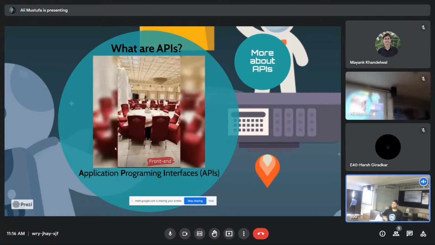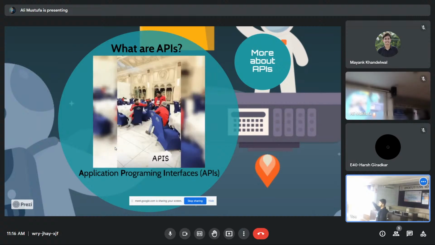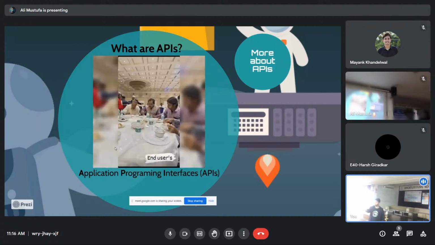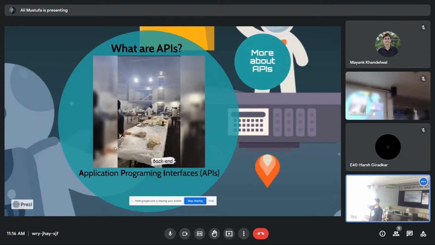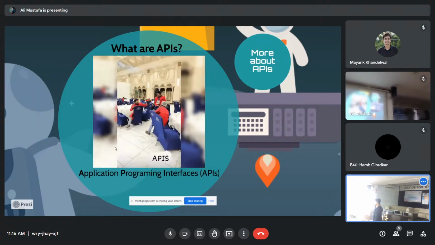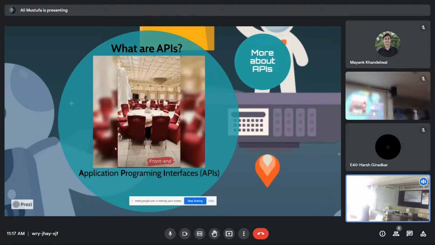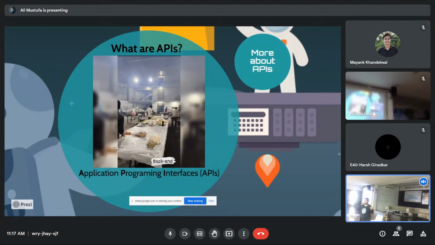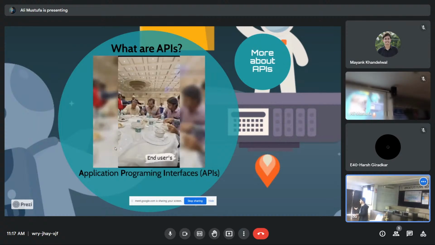Application programming interface. What is an interface? Your laptop, can that be an interface? Yes? No? Can your mobile be an interface? Can your watch be an interface? Can a ticketing system where you are going and booking a ticket, let's say for the metro, be an interface?